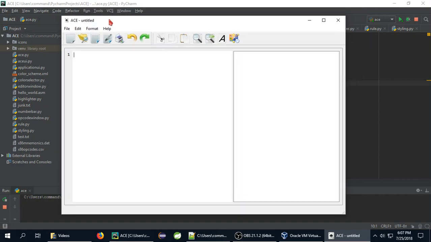Some of the things that I felt were required of all editors are just the basic functionality of being able to open, save, create a new file, basic clipboard operations, undo and redo functionality. So let me demonstrate that very quickly. This is a test. Test is actually in mnemonic, and then we'll go ahead and save that,